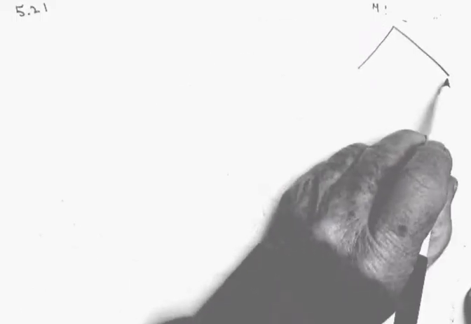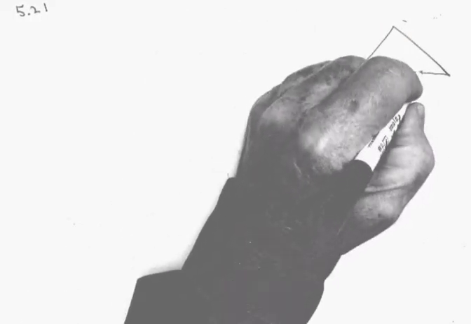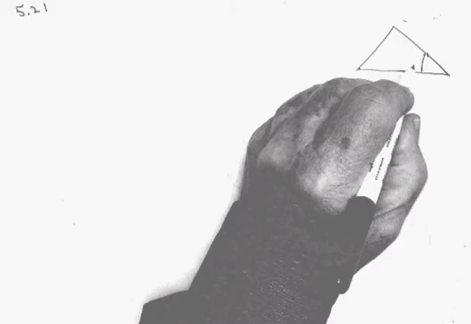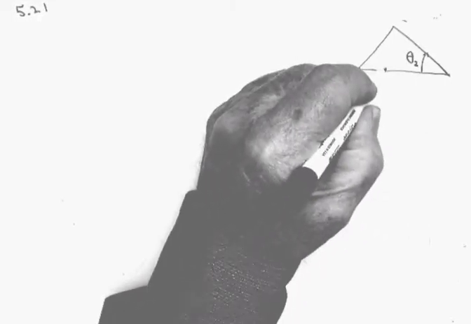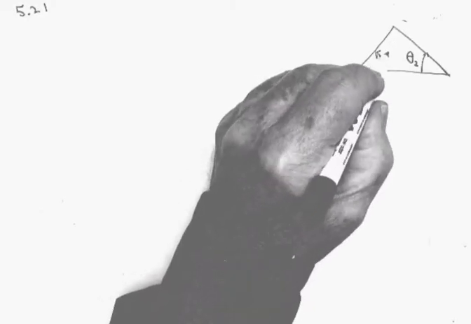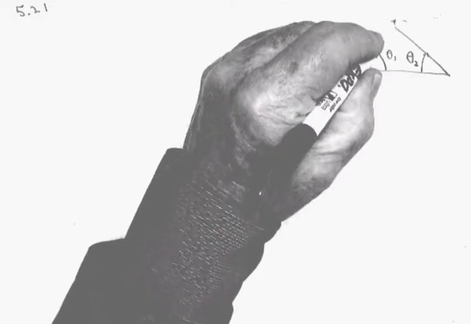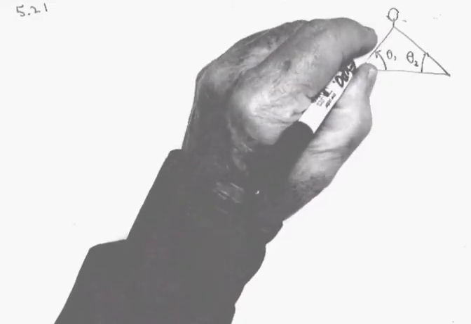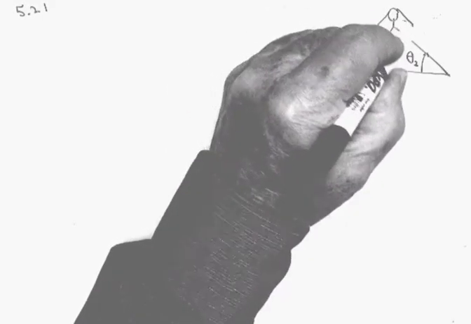In problem 5.21, we have a block. It looks like this, and the angles of the two sides of the block are given. This angle right here, which I'll call theta 2, is 20 degrees, and this angle right here, I'll call theta 1, is 60 degrees. And what's asked is, if I have a pulley in which this mass and this mass are in equilibrium,